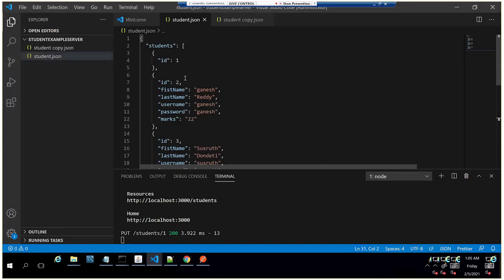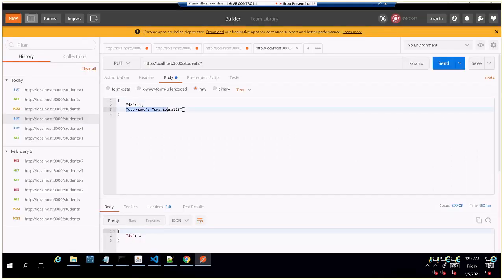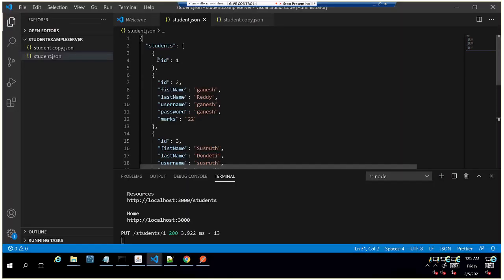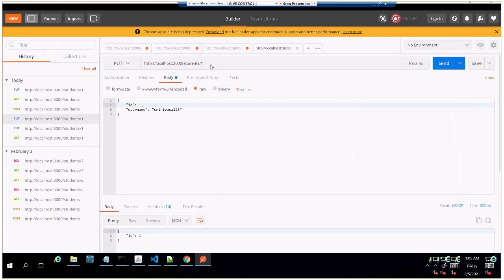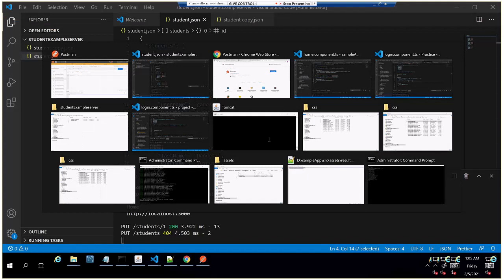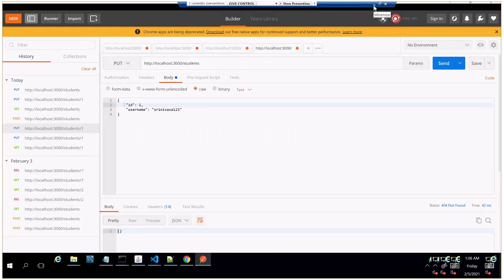It is updating the username. It added only this, just added ID 1, it added only this ID. Let's see. Put method. Why did you pass the variable in the input method? You don't have to. But actually it is not taking that. One second, I'll check that.